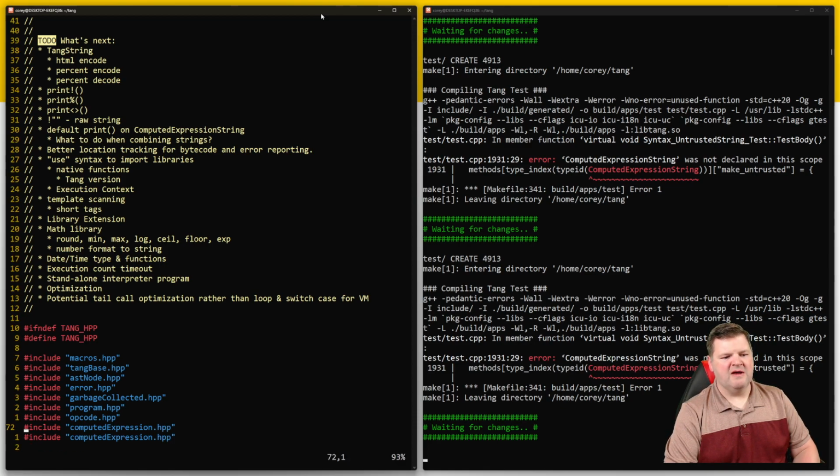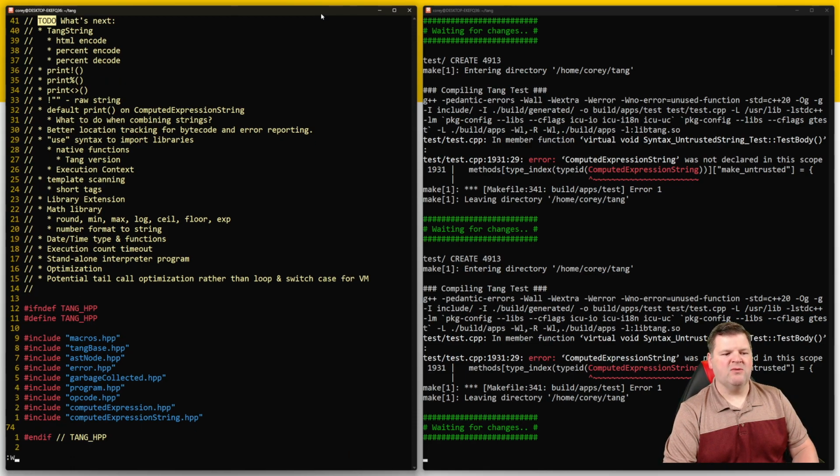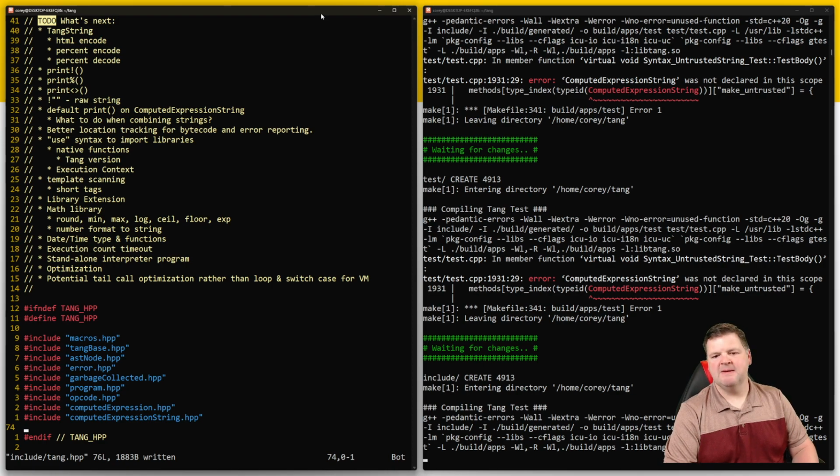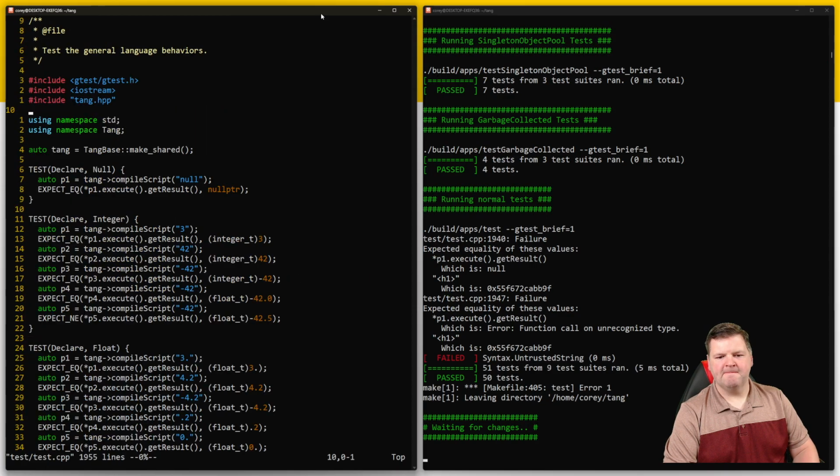And now I bet if we just, for the moment, I'm just going to add string, even though I technically don't have to add computed expression because it would get included, but I want to be explicit about it. Okay,